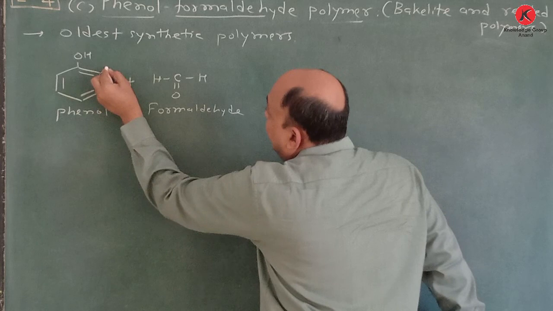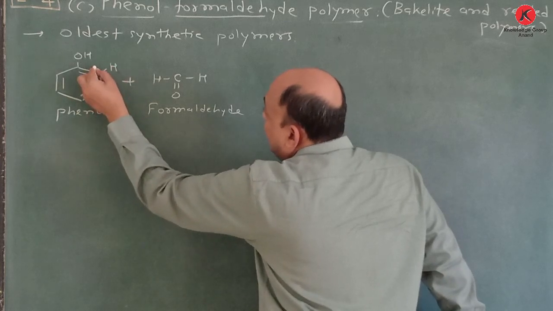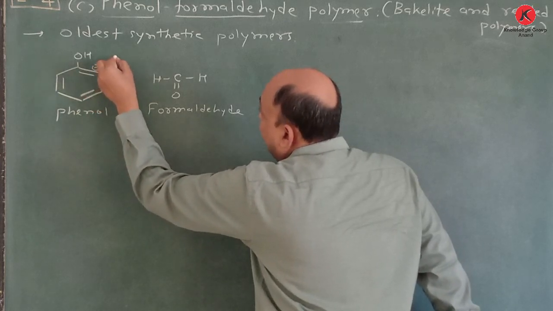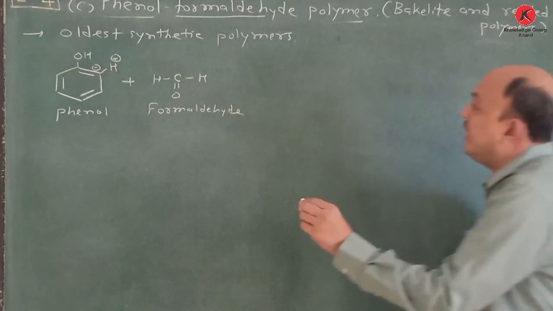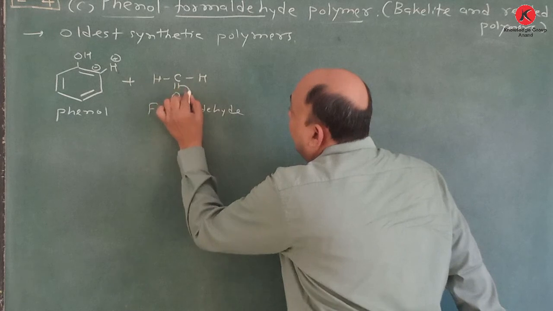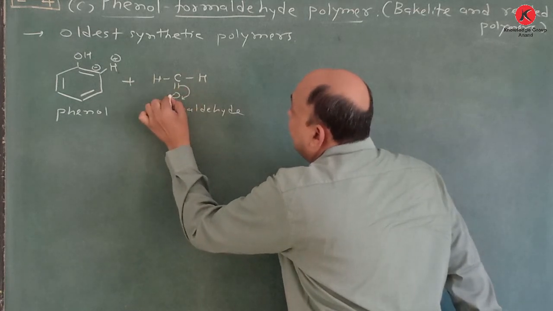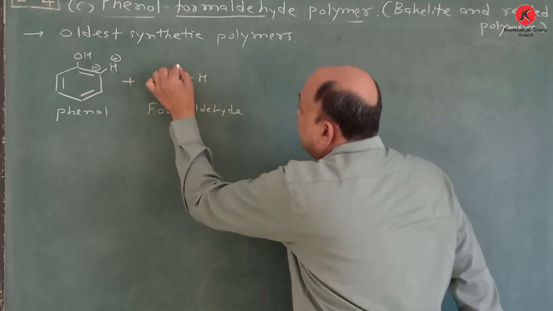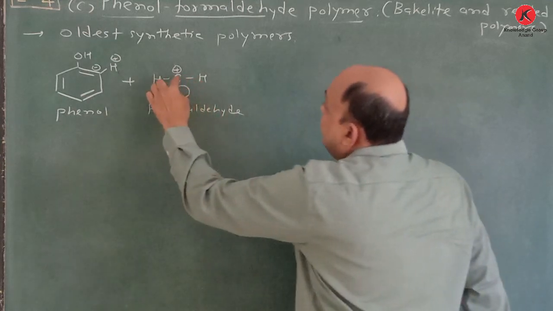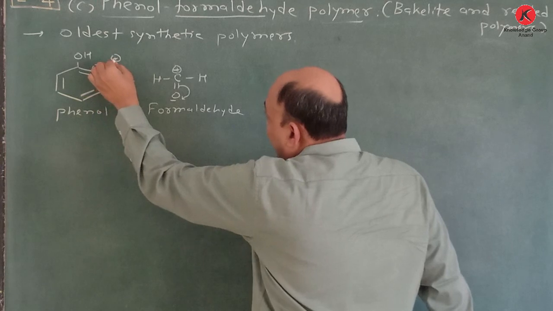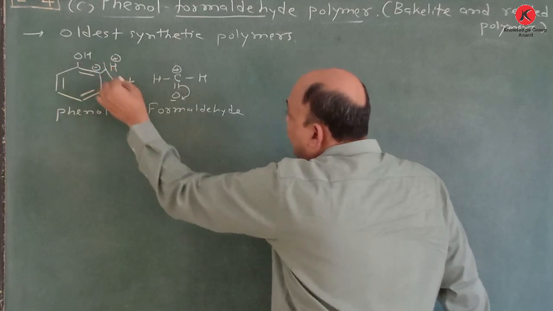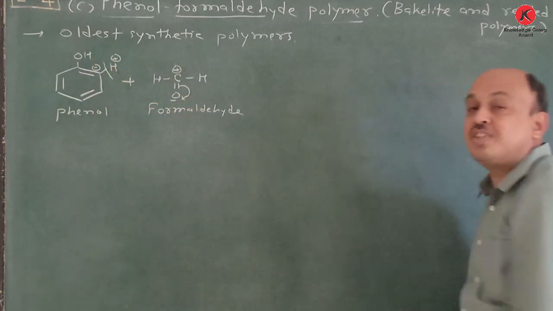So here you just see hydrogen is there. Carbon possesses negative and hydrogen possesses positive. Do not cram, try to remember it in such a way. So here O becomes negative and this carbon becomes positive. So this C plus attaches with this carbon atom, and this hydrogen is removed and attached with OH.